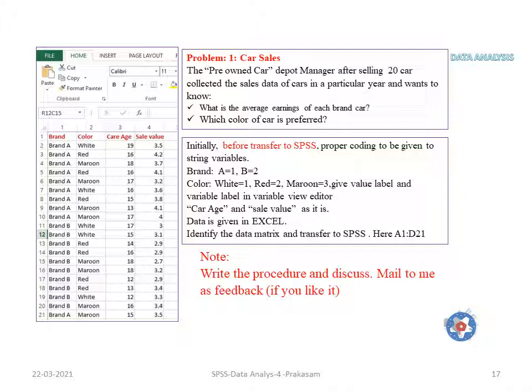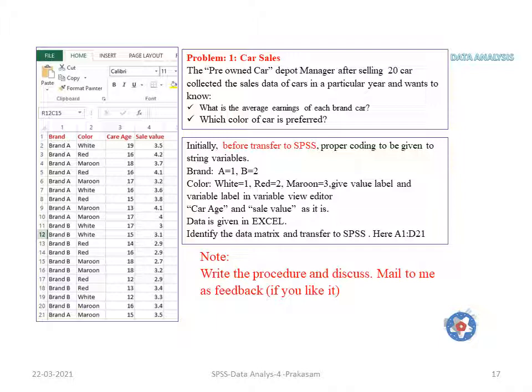Before going to the analysis through SPSS, you are required to transfer the descriptive variables and the continuous variables into coded variables as well as string variables. Suppose you look at the brand, which is given as A and B. Therefore, A is coded as numerical value 1 and B is coded as numerical value 2.